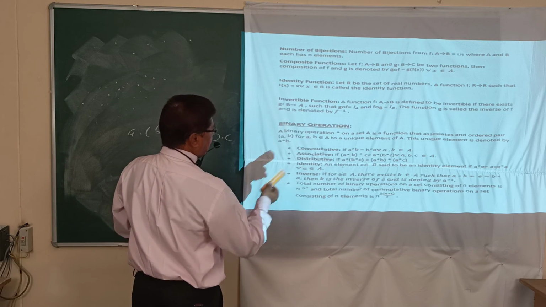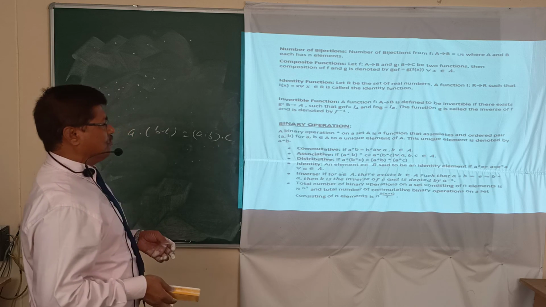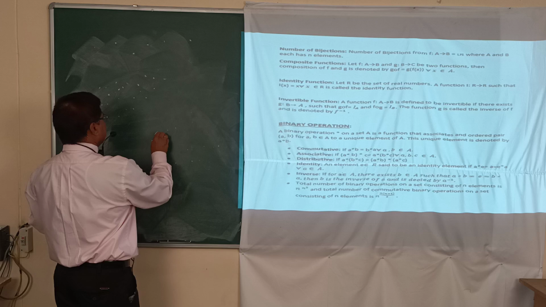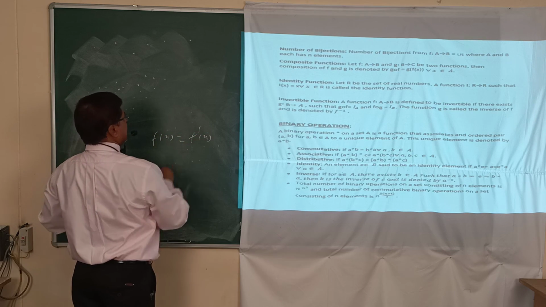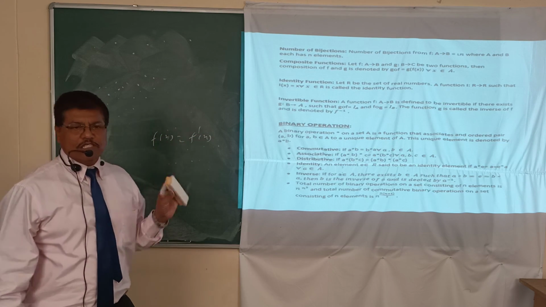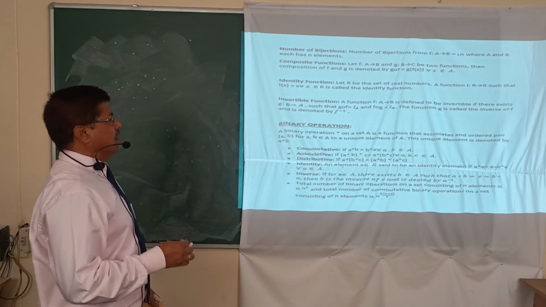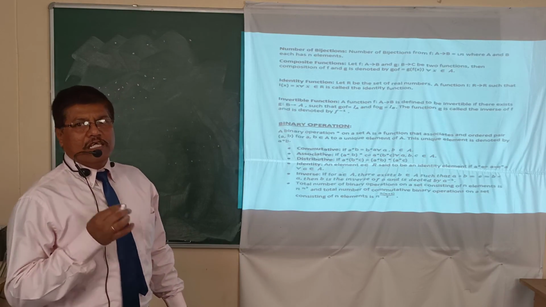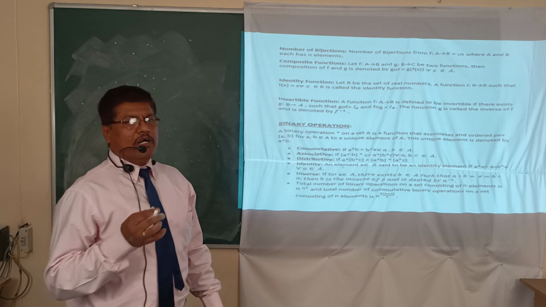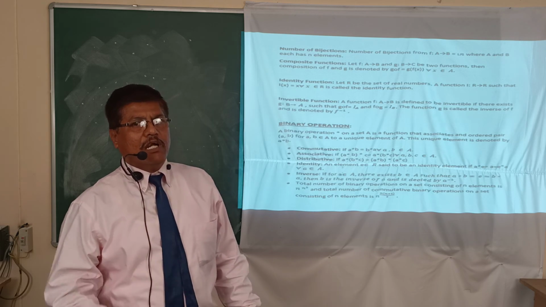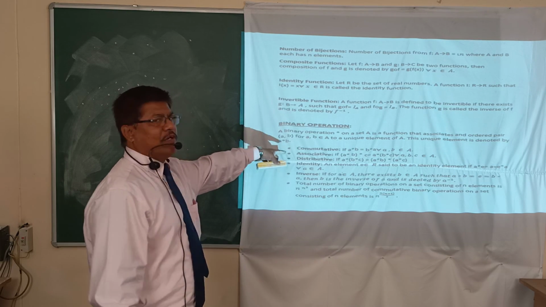Now invertible function, already explained. If f(x) is invertible, f inverse x, it means f(x) is equal to f inverse x. So this is possible only in case of onto functions. Okay, this much, and you can solve this in exams, board exams. Basically, given that you must prove that the given function is one-one function, or not a one-one function, or onto function, or many-one function, and some other examples are coming for this binary operation.